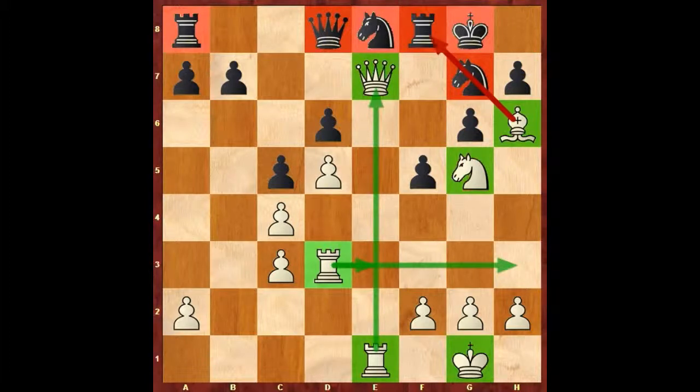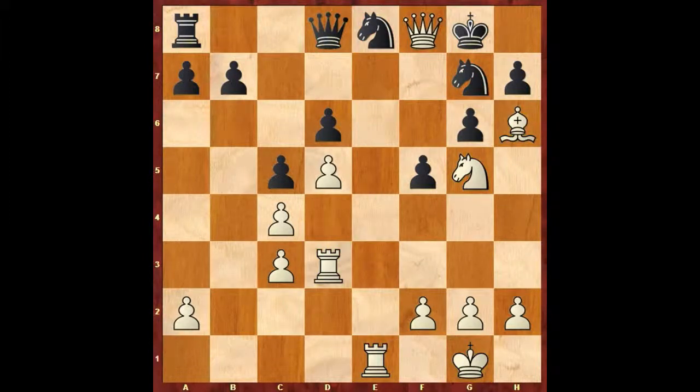And okay, we saw that there is some bad geometry between black pieces. We saw that there is also a half pin, but can we make a pin, and can we make this bad geometry even more useful than it is now? I think we can, and we will achieve that by playing queen f8. And after queen f8 we are forcing black to take this queen on f8, and then